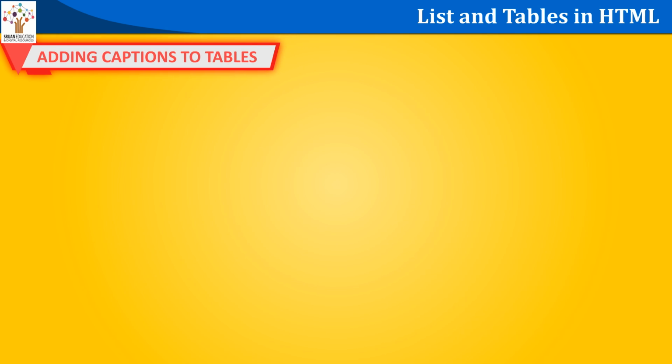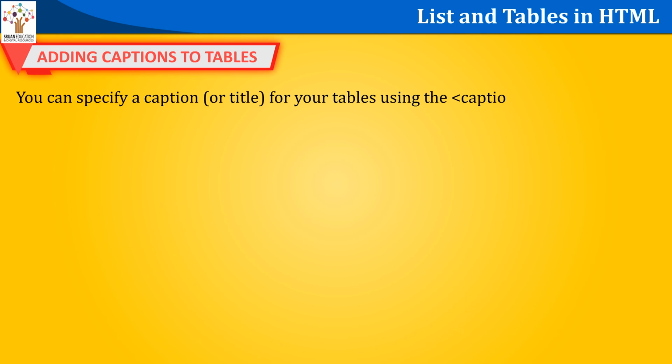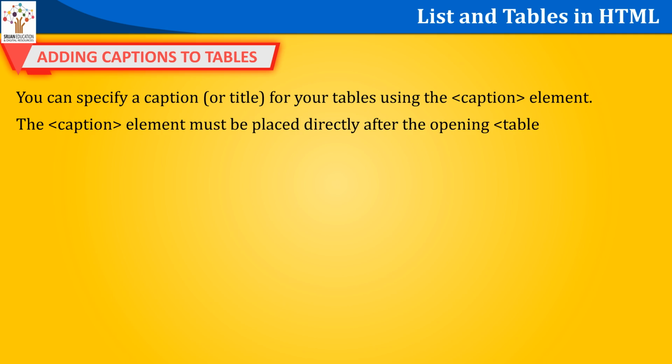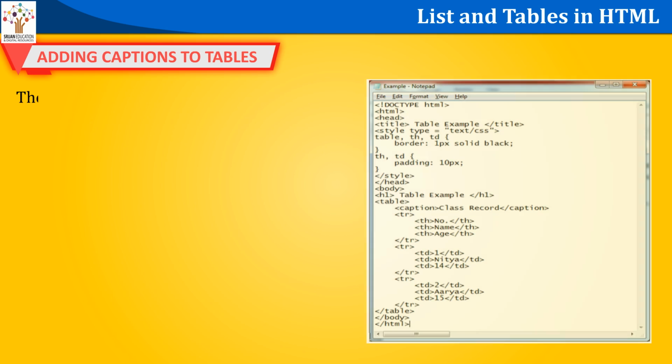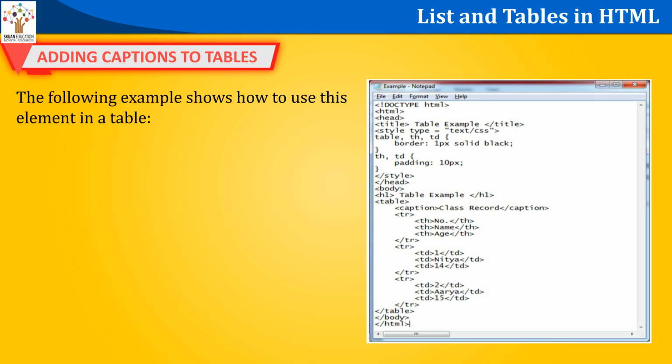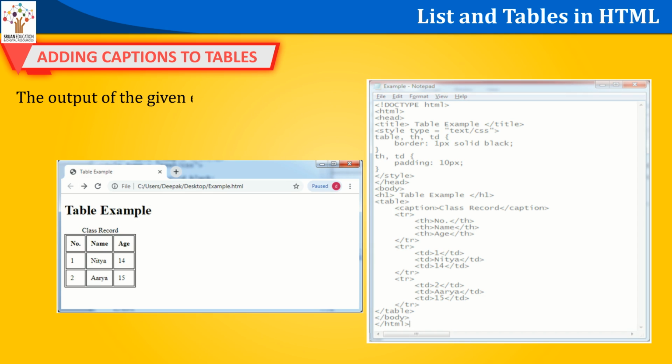adding captions to tables. You can specify a caption or title for your tables using the caption element. The caption element must be placed directly after the opening table tag. By default, the caption appears at the top of the table, but you can change its position using the CSS caption-side property. The following example shows how to use this element in a table. The output of the given example is